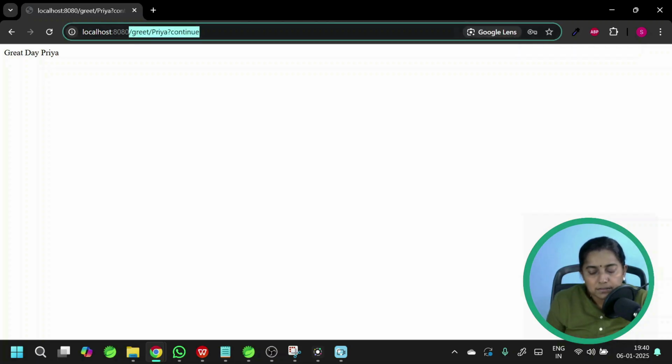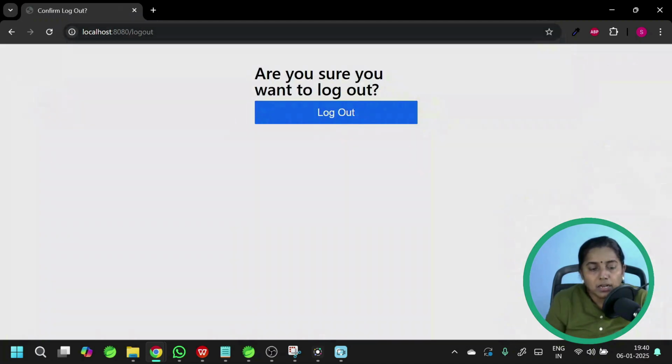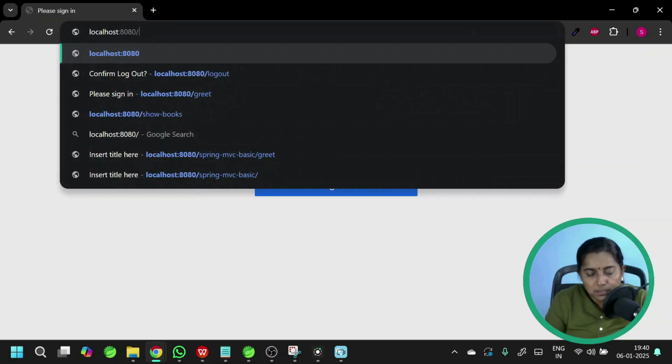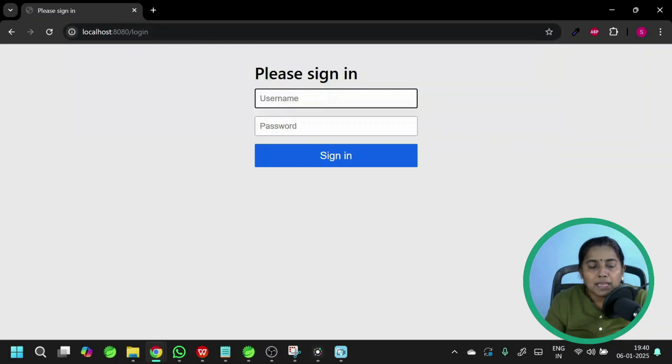What if I want to log out of this? I can give it as 8080/logout. I'll get a logout button. Let me click on this. Fine. Now let me try to give the other URL /show-books. Let me press enter. Again it will take me to the login page because you have logged out of that